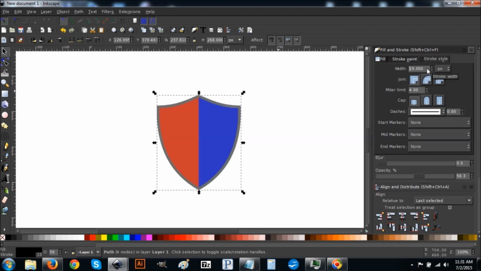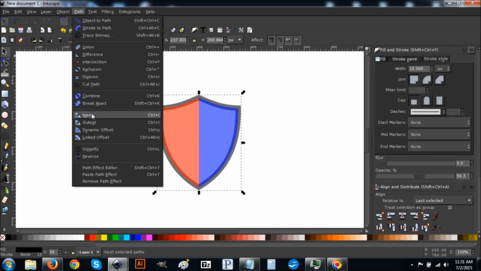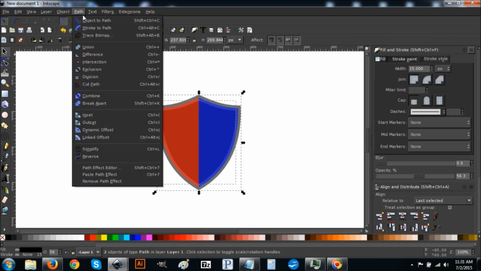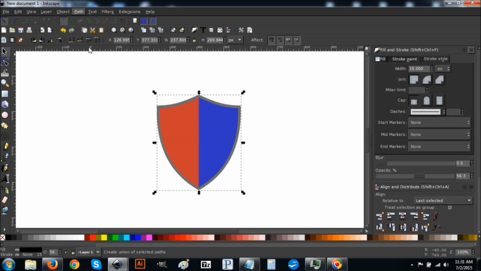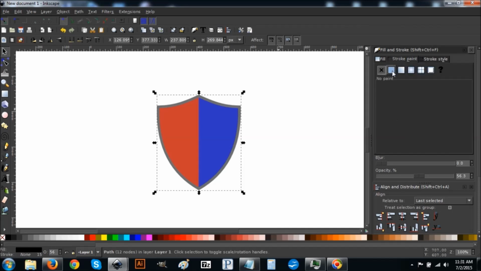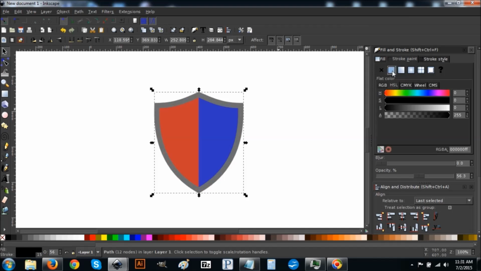15. Okay, yeah, I'd say that looks good. Alright, so let's go to Path, Stroke to Path, Path, Break Apart, Path, Union. Okay, let's come back over to the stroke tab, click the blue box again to turn that on,